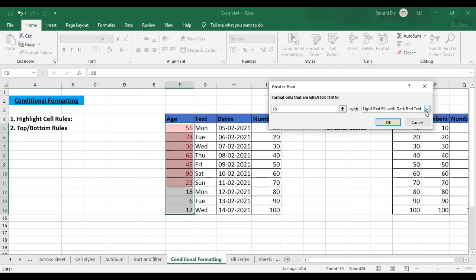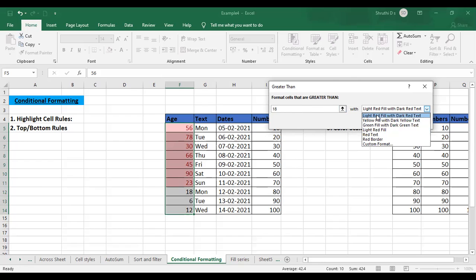If you want to give a different color, just click on this drop down, the arrow mark present here, and select whichever color you want. If I say yellow fill with dark yellow text, that also can be done. With only red text, if you want, you can just select that.